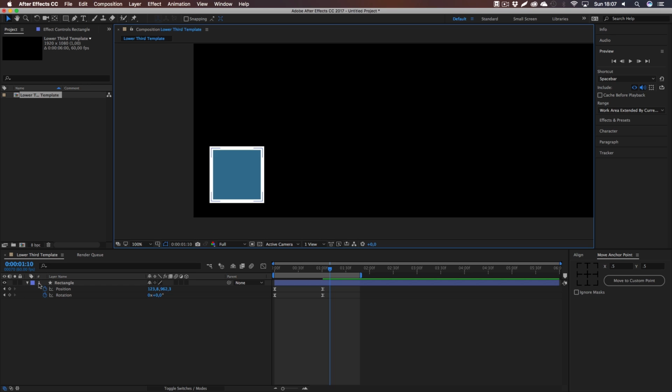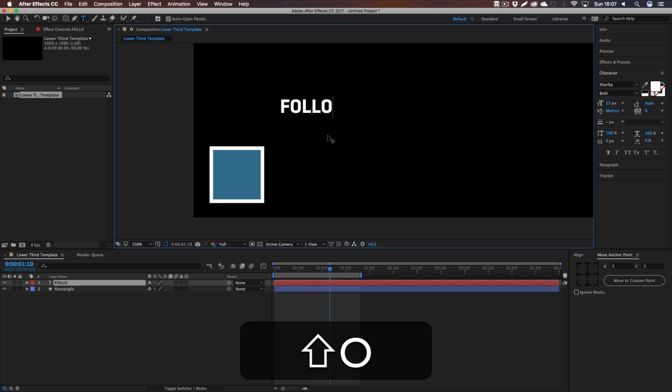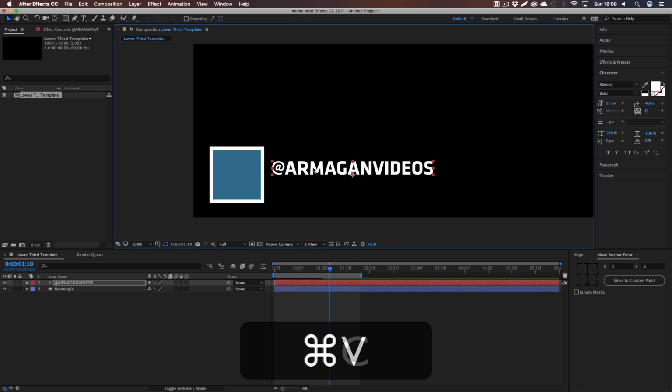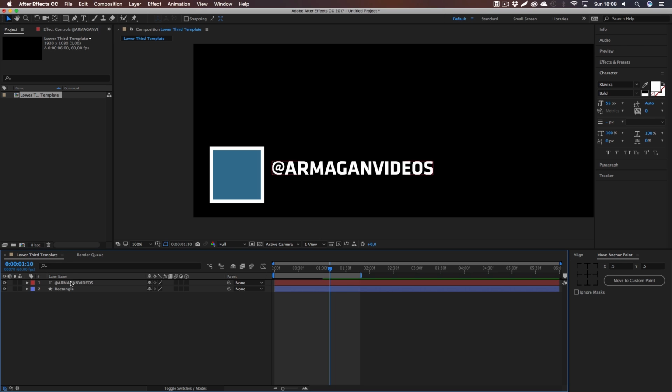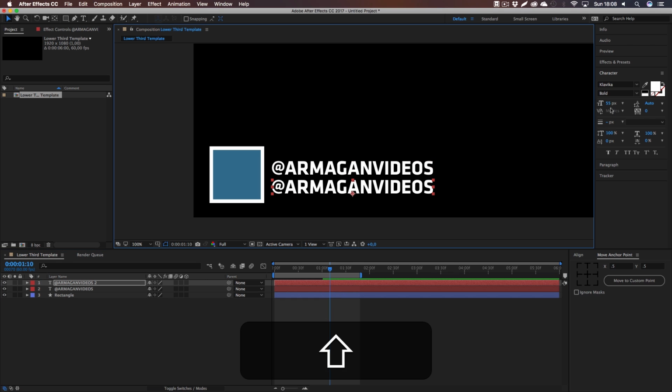So next up, let's create our text by pressing Ctrl and T or Command and T, and if you're unsure about the weird signs showing up at the bottom of the screen, make sure to check the description for a translation from OS X to Windows or from Windows to OS X. So I've just typed @ArmaganVideos, which is our main username right here. And now copy that layer, Ctrl C, Ctrl V,